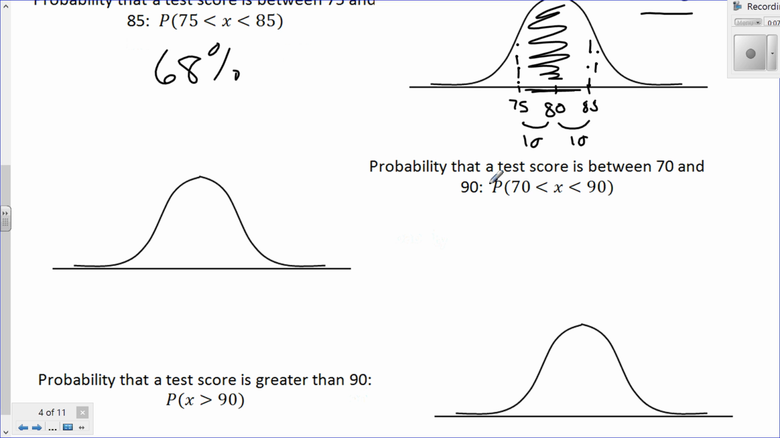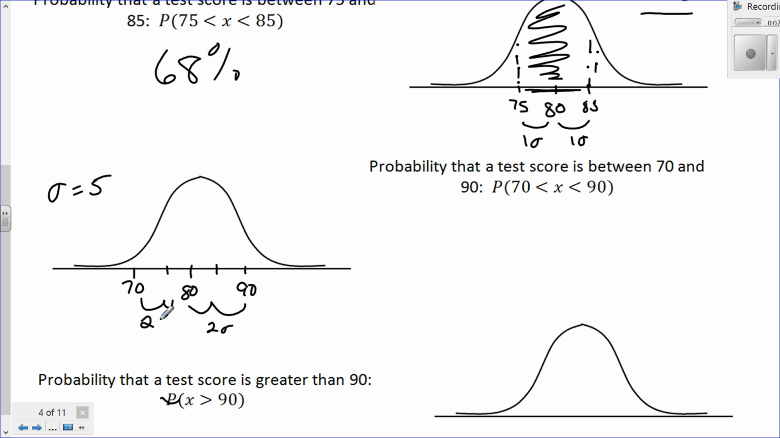Okay, same idea. Probability test scores between 70 and 90. So again, 80's here in the middle. 80, 85, 90. 80, 75, and 70. So again, our standard deviation is 5. So 90 is 2 5-point steps above 80. So 90 is 2 standard deviations above 80. And 70 is 10 points below 80, which is 2 standard deviations, 2 units of 5